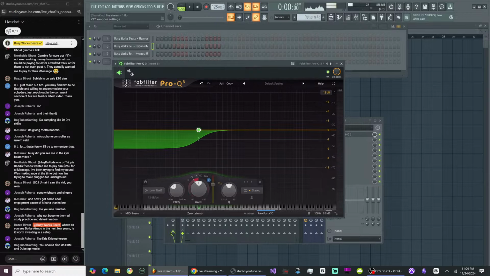So that's the cool part about drill. You can move that snare around without having hard rules. But usually speaking, in America we put the snares on the 3. Now in UK drill, they might put the snare on the 4.5. So let me show you what that means. Let's make this unique. So it might be like 1, 2, 3, 4, and 5, 6, 7, 8. So that's what they might do in the UK.